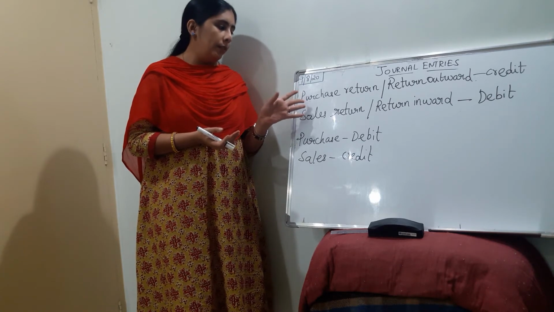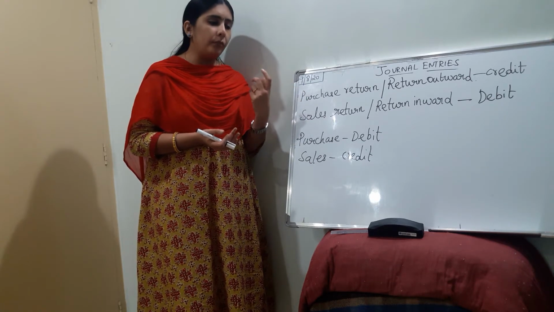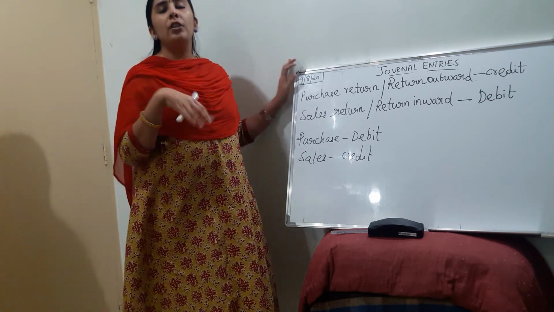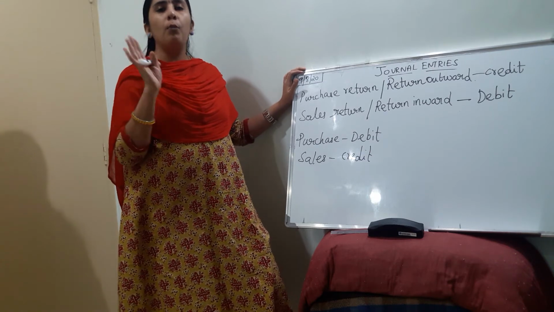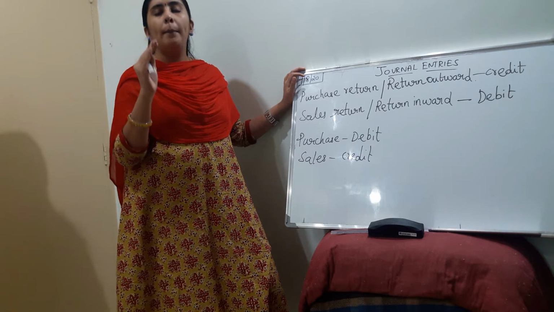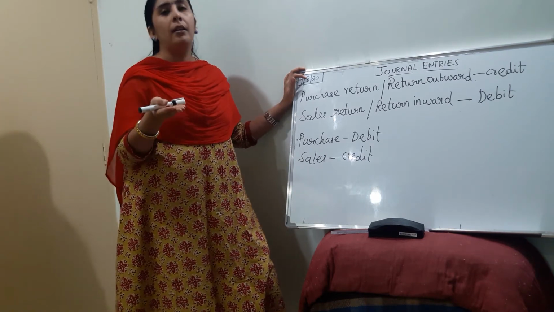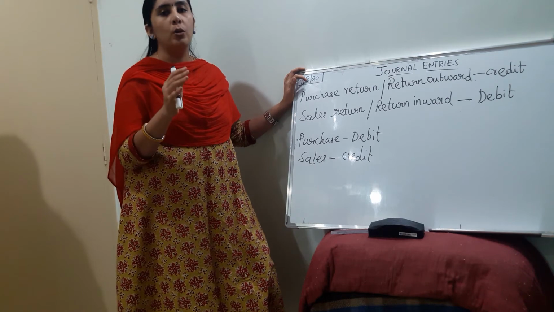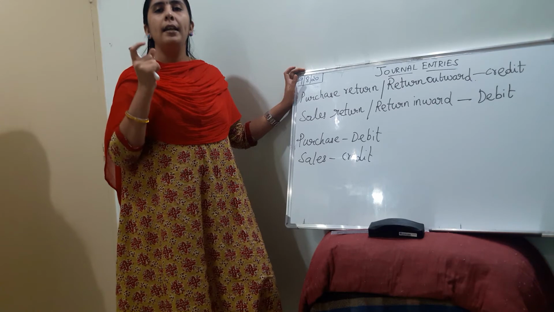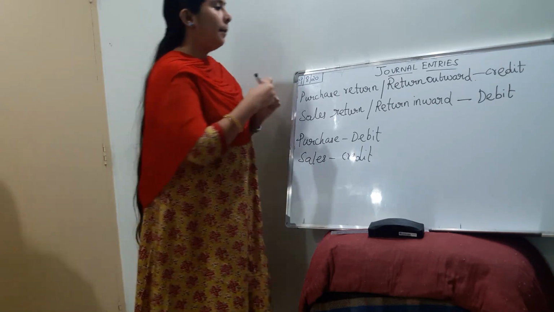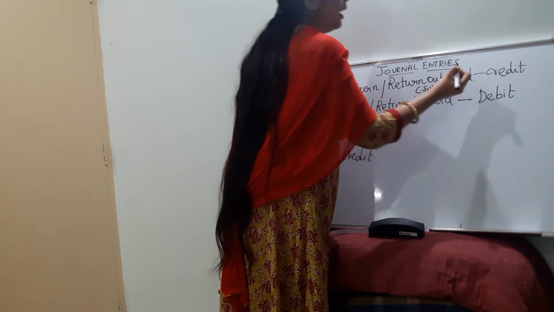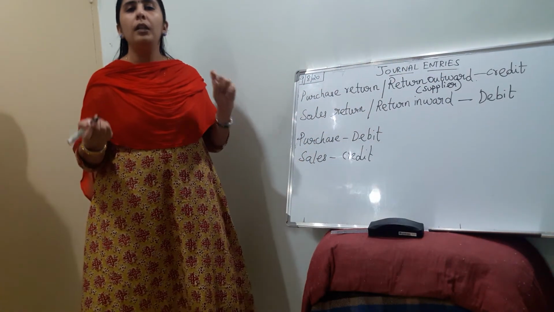The purchase return happens when we purchase something for the business, there is some fault or defect, and we are just giving it back to the supplier from whom we have purchased. Such a return is called a purchase return, that is a return to the supplier from whom we have purchased the goods. That transaction is called a purchase return, from the supplier, because from them only we are purchasing the goods and in turn we are selling those goods to our customer.